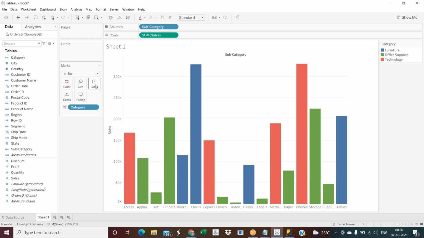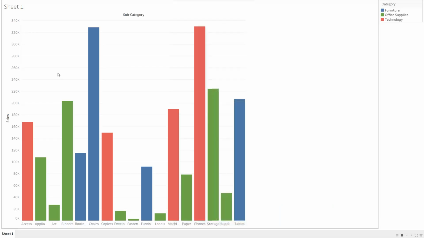Whereas coming to label, what is meant by label? This is the subcategory by sales I'm showing to the user. I'm going to presentation mode, but I don't know what the value of this is. It should be perfect, but I don't know the value. If you see, by using the axis you can understand, around 323 pounds something will be there. Here 170 pounds, or around 167 or 170 is there, but this is not an exact value. We are assuming here.